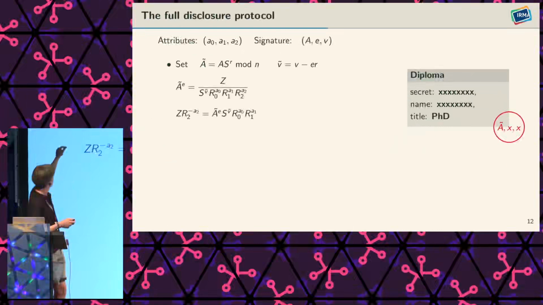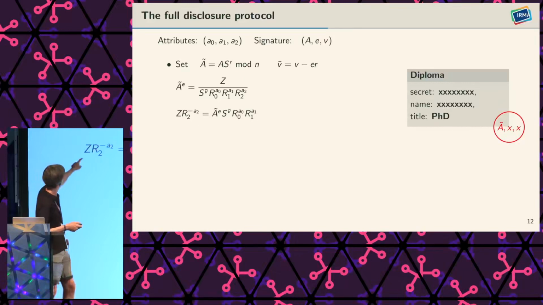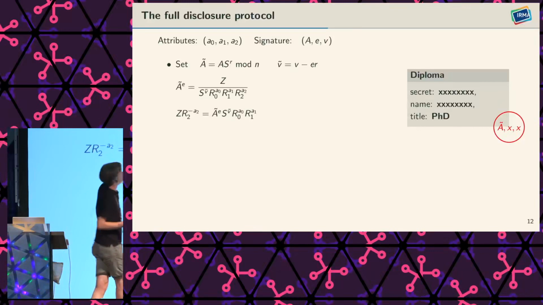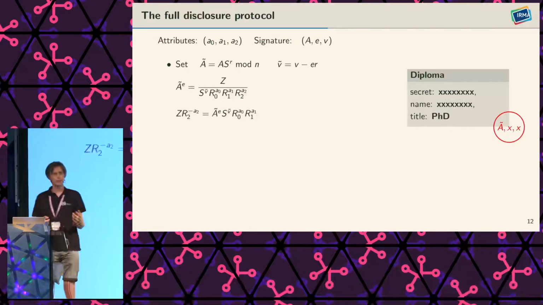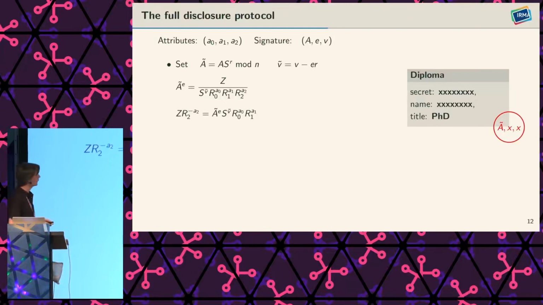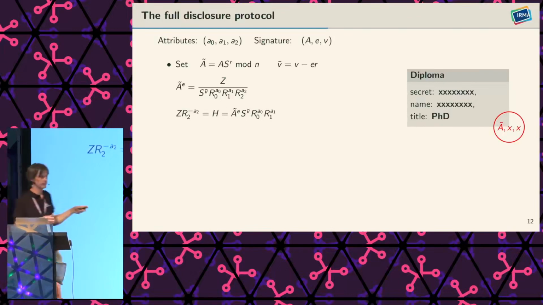So you can get from the upper equation to the bottom equation by multiplying both sides by SV tilde and these parts, and then you get exactly this. So it's the same statement, it just looks a little different. And now let's call this thing H again, just to have a name to refer to in what follows. Okay, so for this thing, in particular for the exponents on the right-hand side, we now want to prove knowledge,